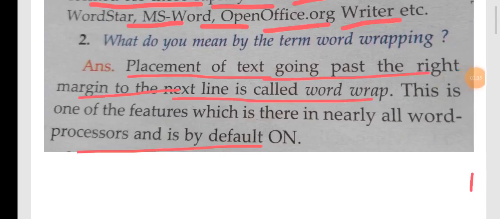What do you mean by word wrapping? So placement of text going past the right margin to the next line is called the word wrap. I think it is clear to all of you. So these two are the most important words that are mostly used in terms of any word processing tools. So word processor and word wrap. Next, our question is,